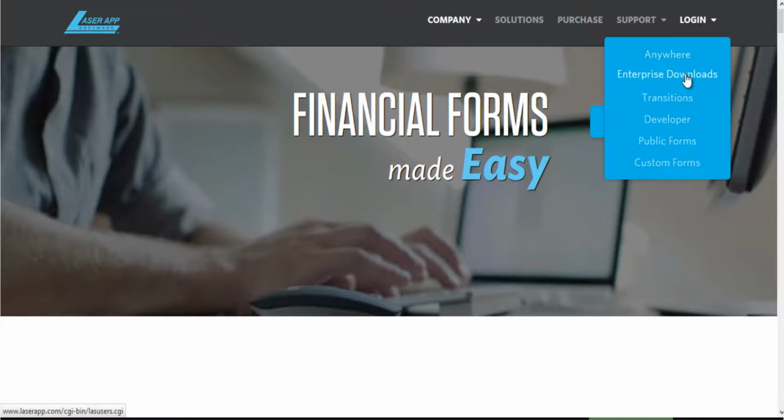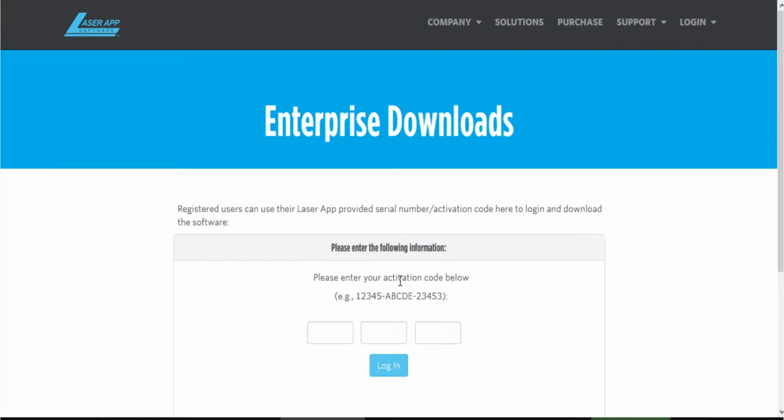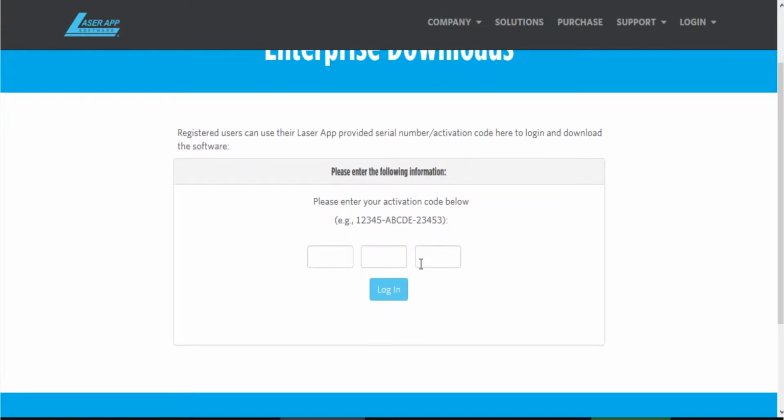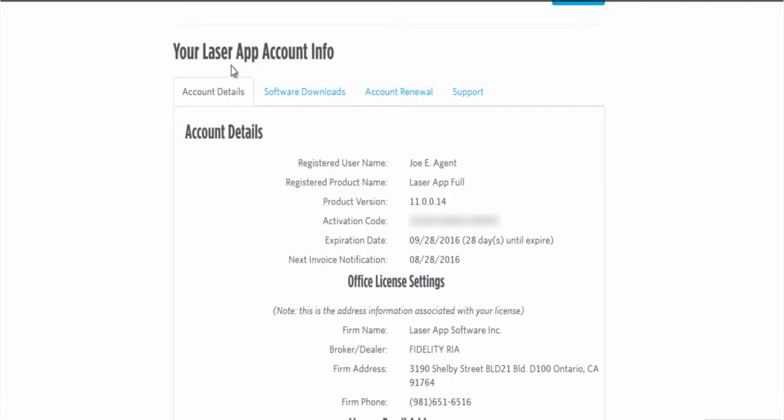Login, Enterprise Downloads. Here you'll be able to enter your 15-digit activation code, click Login, which will bring you to this screen,